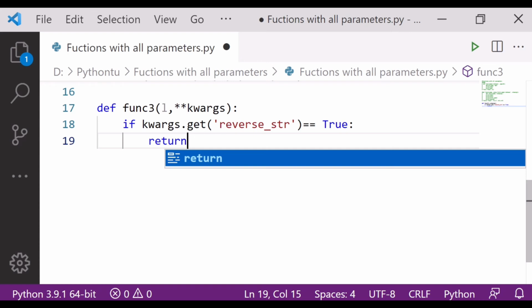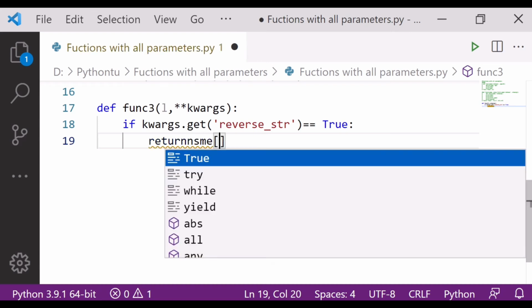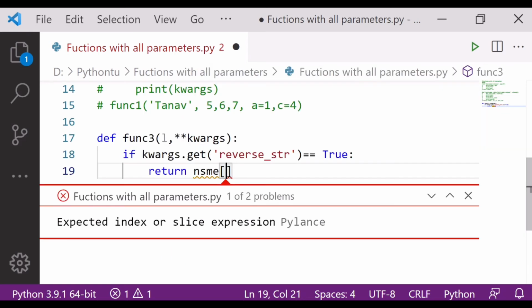What is to be returned here is name. Return name, colon, -1, fine, dot title, because I told you that you have to make the first letter capital.